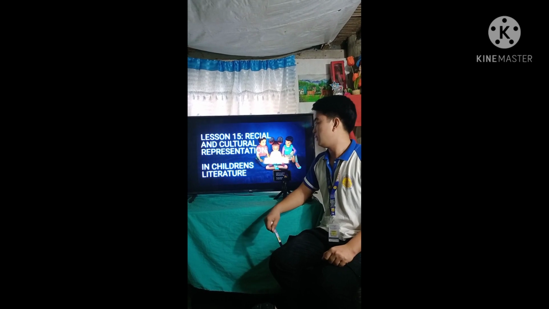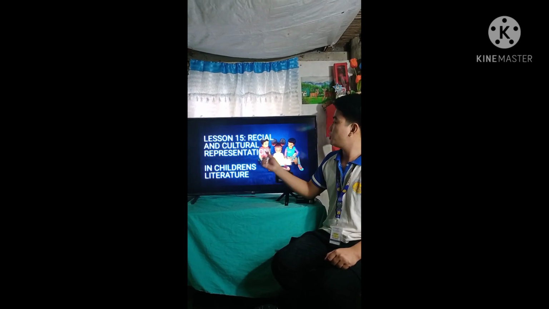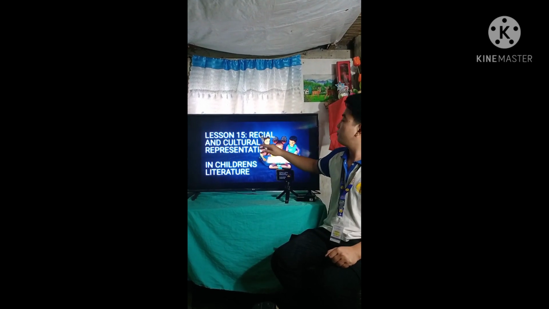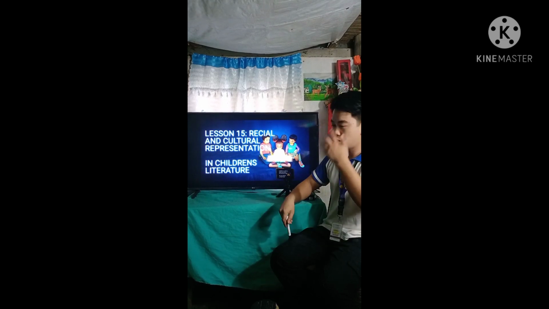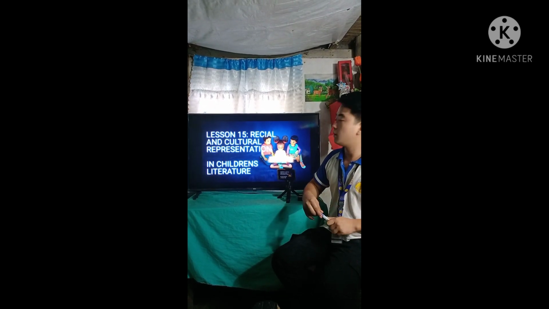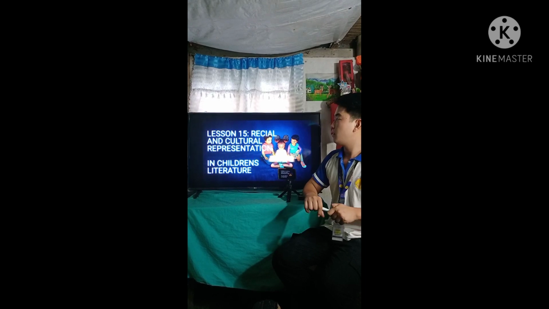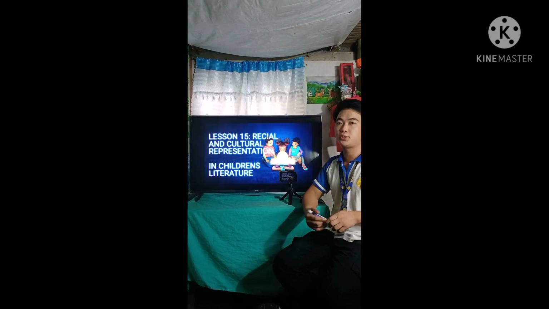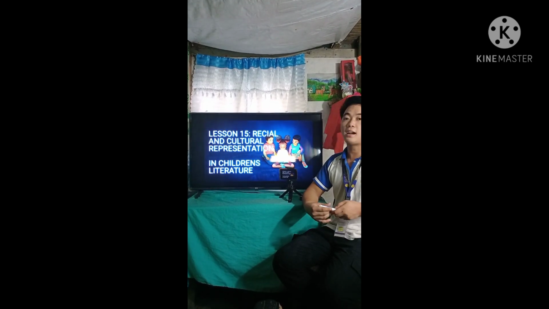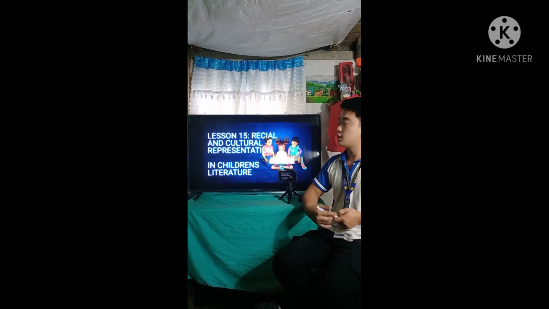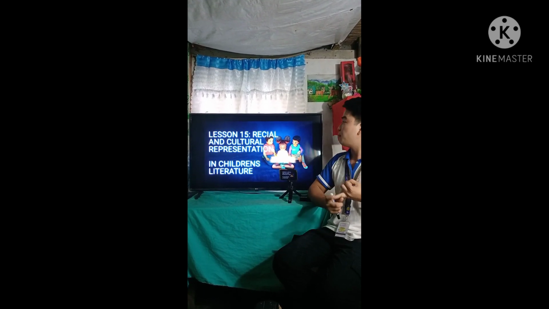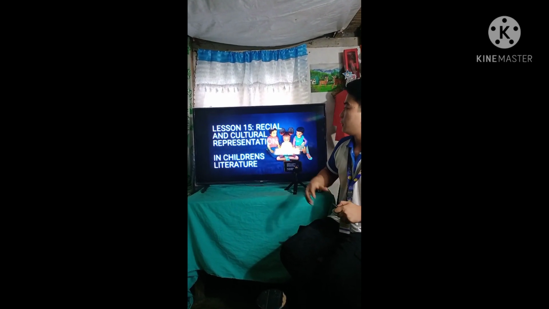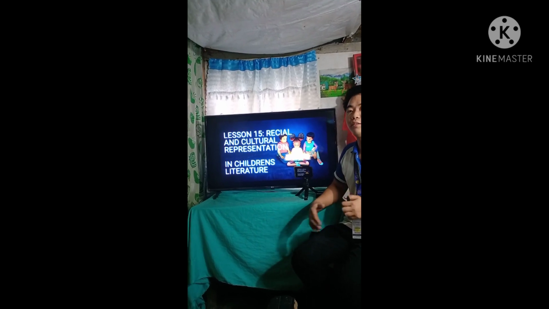Representation in Children's Literature. So from the word itself, racial and cultural, let's define race and culture. Here in lesson 15, we're going to discuss the different cultures and even the races. Alam naman natin na we are all diverse. So when we talk about diverse, pagkakaiba-iba ng mga tao, like for example, sa culture natin, sa ating kulay ng balat, or even sa buhok. So dito sa children's literature na to, matatopic natin kung ano nga ba yung nai-encounter ng mga iba't ibang lahi.